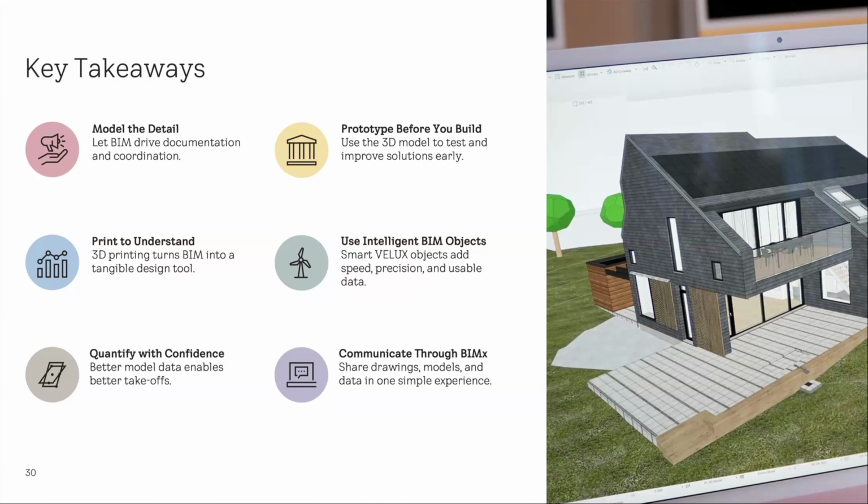So just to sum up what we've been through today, it really makes sense to use the BIM tools to model in detail. The more details you add, the more benefit you get later on. It's up to you to find the sweet spot for your project and your office, when it makes sense to model more and get the benefits of the added data, or when it makes sense to model less and add more in 2D manually. It makes sense to use the 3D model as a prototype,